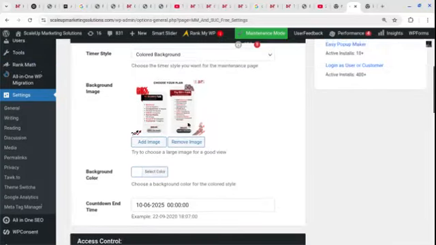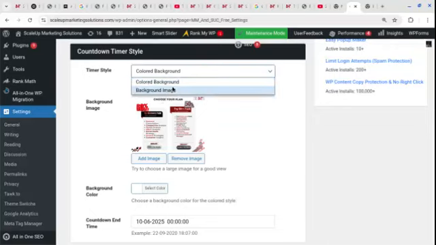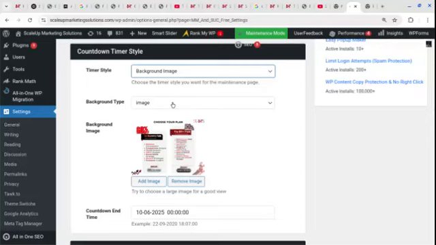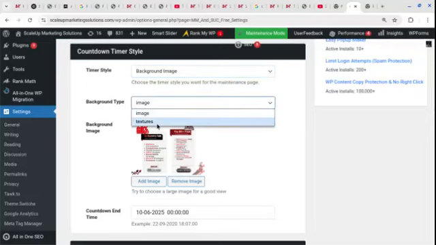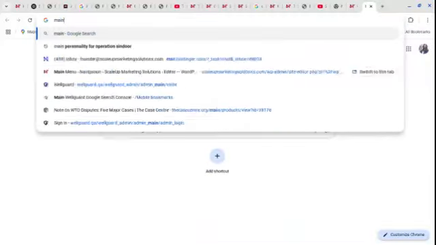See, this is for timer style. If this is timer style, it's a colored background. If you want to put any background image, then they will be asking for an image or texture. So here you can see I can add an image, I can remove it, though they just took the color theme from this image, nothing else. So if you want to put any image, many people used to keep this.